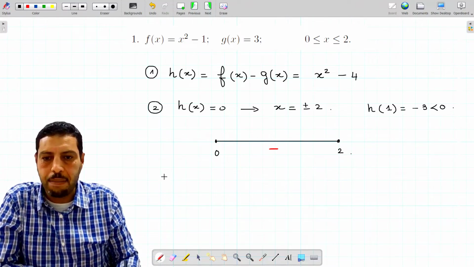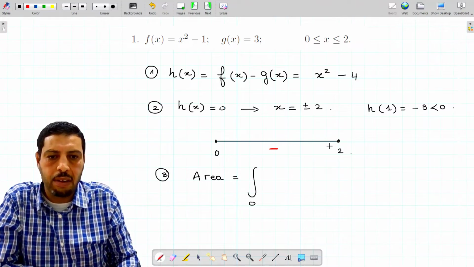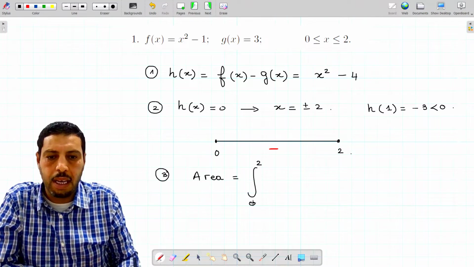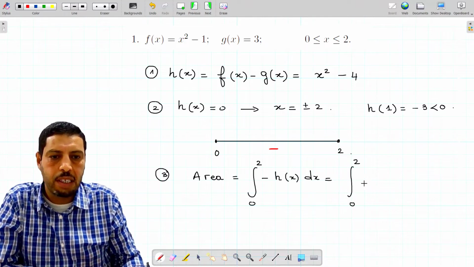The third step is about computing the area. So we're going to compute our area by setting the definite integral between 0 and 2. We have a single interval and the sign of h is negative. So it's the integral between 0 and 2 of minus h of x, since h of x is negative, so of minus h of x dx. And it's equal to the integral between 0 and 2 of minus h of x, which is 4 minus x squared